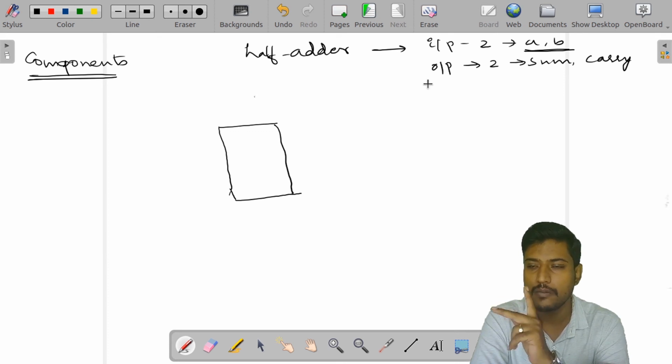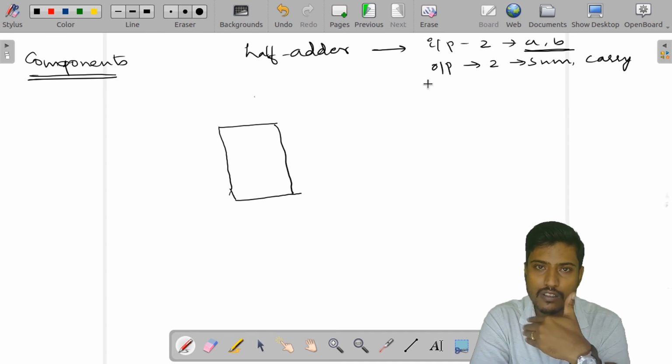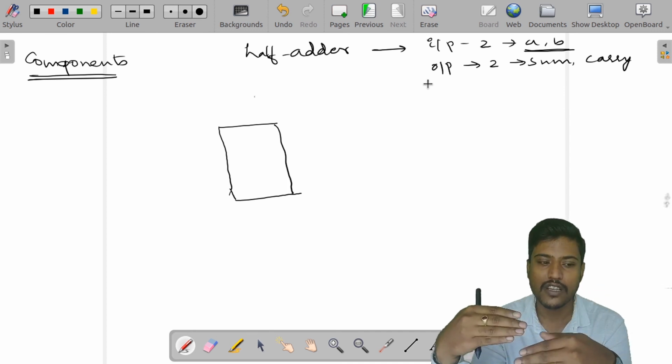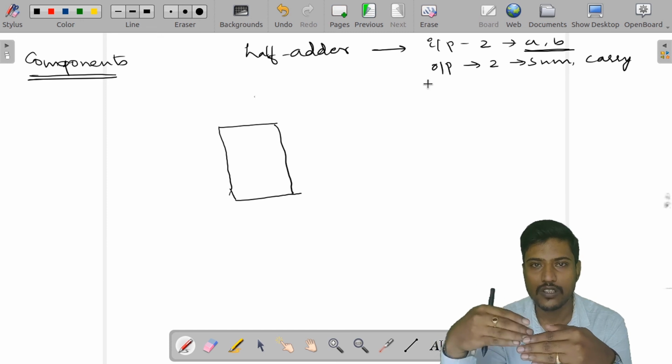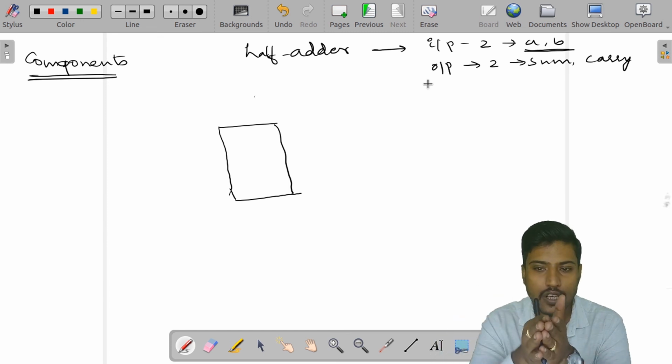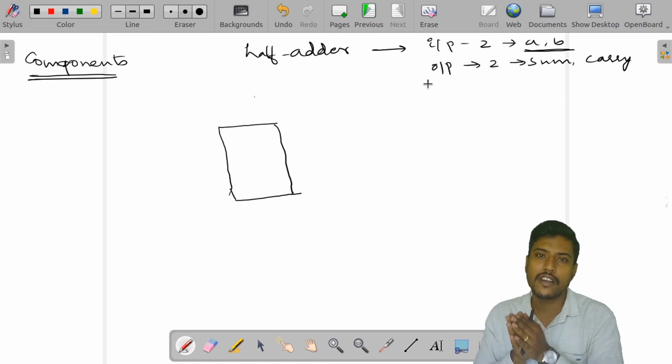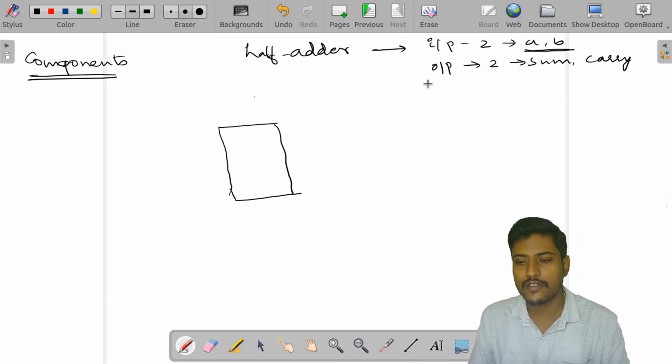Then A and B in the sense what? It is going to be 4 different combinations, that is going to be 0 0, 0 1, 1 0 and then 1 1. So, I need to drive these different combinations, that is 0 0, 0 1, 1 0 and then 1 1 to the design file what I have written. So, I cannot directly write it to the design file.